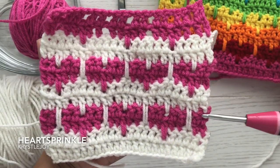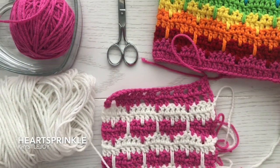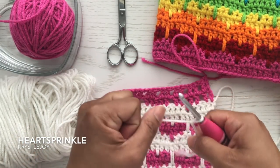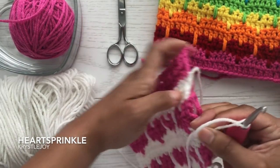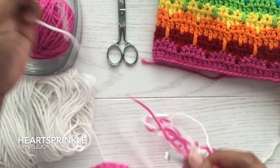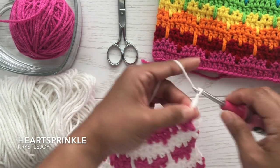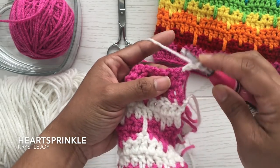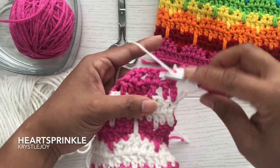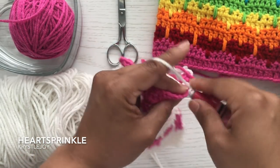So this row is the same as row 4. Now we're going to do row 5 and 6 again. We're going to attach our background color. So in the previous row I flipped it already. With the slip knot, we're going to attach our background color and chain 2. Double crochet into the next stitch. I'm going to do a long spike stitch, 2 double crochet,